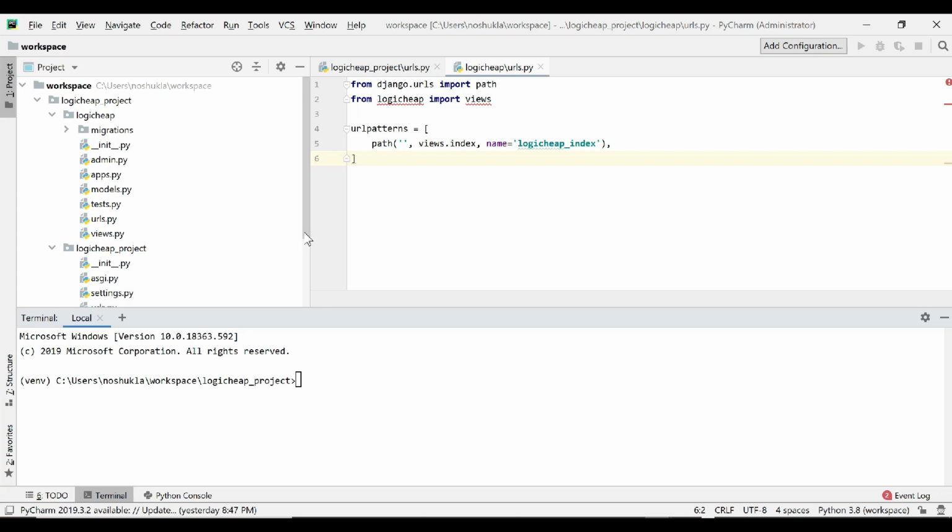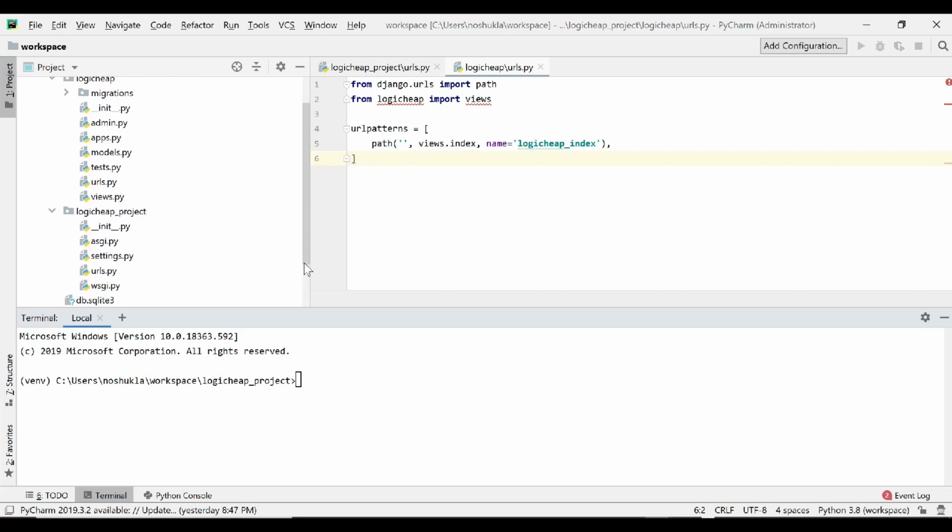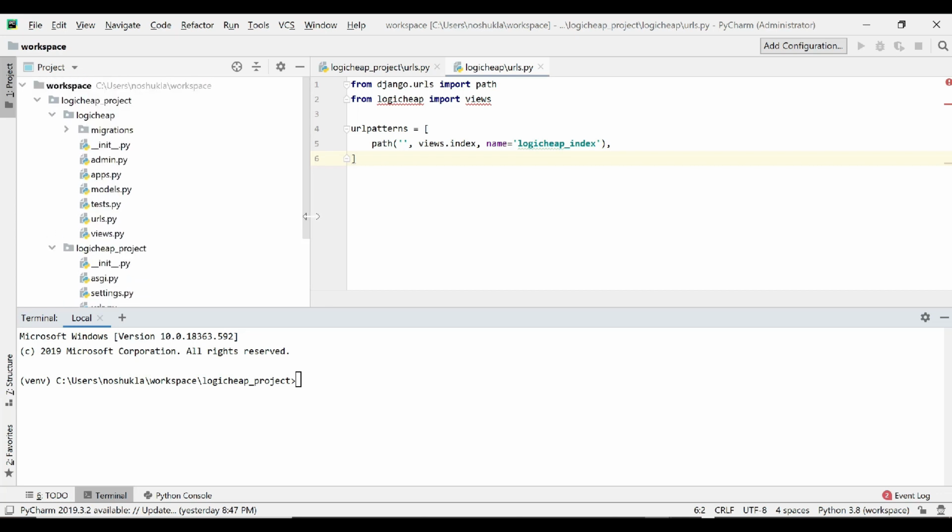Till now we have not created any HTML file, but I'll show you in some later tutorial. So now you must have understood why we have models.py, views.py, and what the MVT design pattern is.